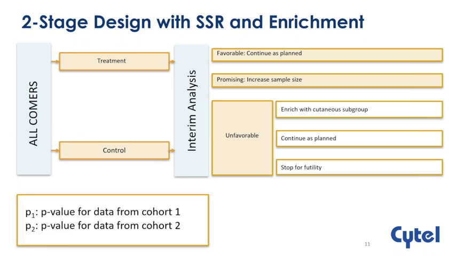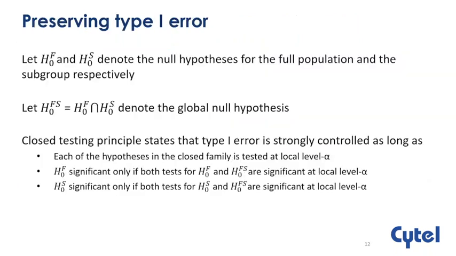We can imagine that we have a p-value which is based on data just from cohort 1, so this part alone, and then a p-value based on data from cohort 2. The use of these two p-values will also help us preserve the type 1 error. And the methodology that we're going to employ for that is the methodology of closed testing, the principle of closed